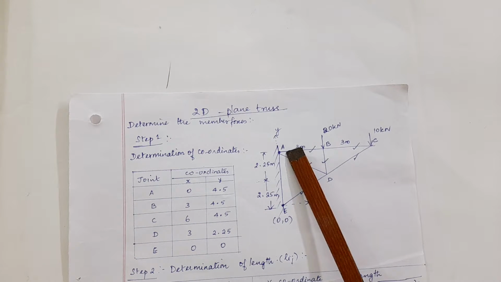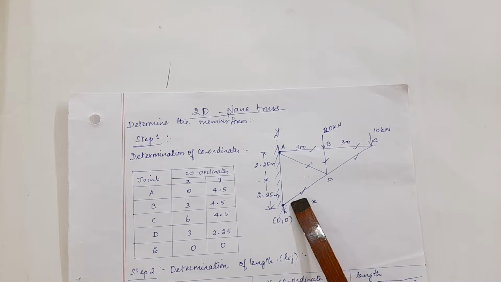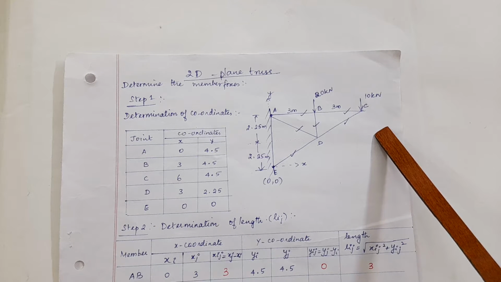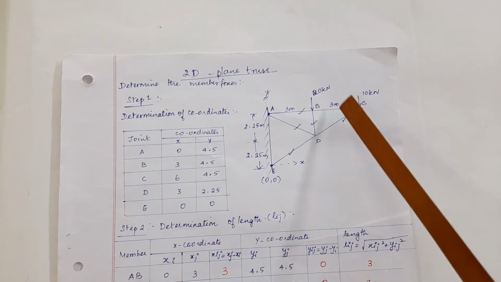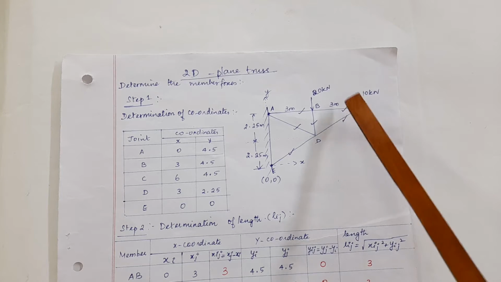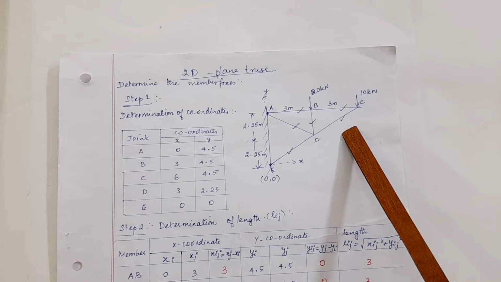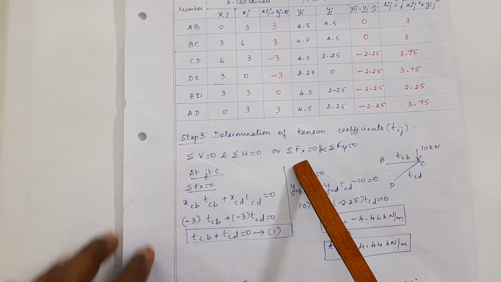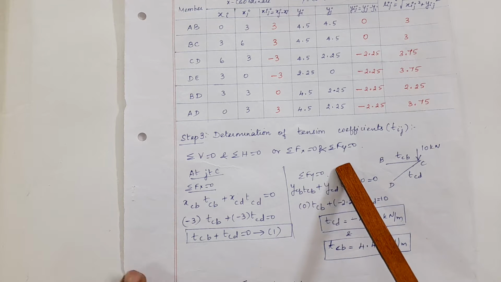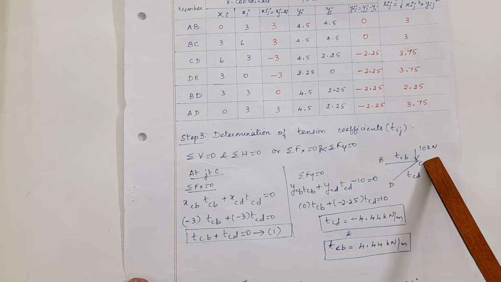Here it has a pinned end, here it has a pinned end, and C is the free end. Let me begin with joint C because at this joint I have two members meeting at this joint. The tension coefficient in these two members are unknown. I have two equilibrium equations, summation of all the horizontal forces is equal to 0 and summation of all the vertical forces is equal to 0. So I can start from joint C.